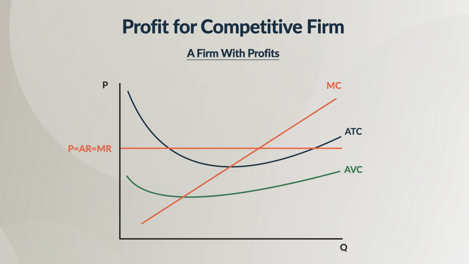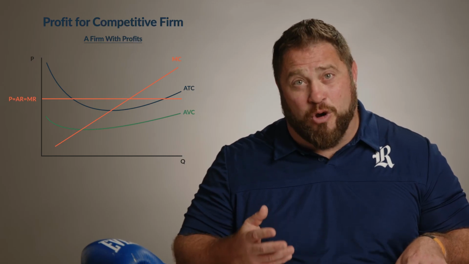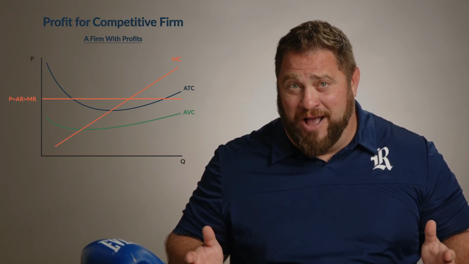So here, like I told you, not only are we producing where our marginal revenue equals our marginal cost, we're producing where our average revenue equals our marginal cost, which is our demand curve. So we're producing where our demand equals our marginal cost, or where the value to our marginal buyer equals the cost to our marginal seller. There is no deadweight loss here, right?